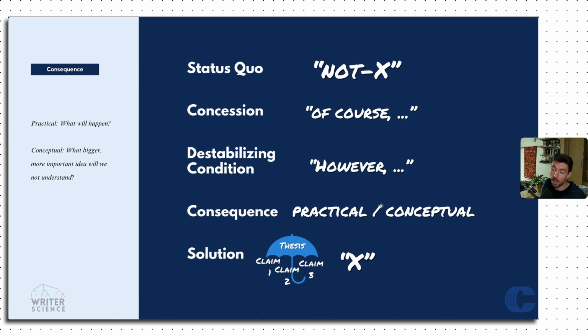Now, a conceptual problem is one of ideas. So you want to say what bad thing will happen if people don't change their understanding. So for example, your idea is that in my field, they can use personal pronouns. Up here, many people think you cannot use personal pronouns and that academic writing should be impersonal. Conceptual. If people continue to think that academic writing should be totally impersonal and objective, then their work will not get published. It will not have an impact,